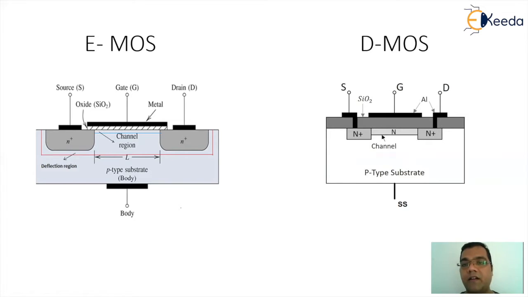And because of the SiO2 layer, we are having very high input impedance at the input terminal of the device. When you try to compare the D MOSFET with the E MOSFET, the structural representation is almost the same. With a small change in the structure, the channel will be absent. So we do have the channel region, but we don't have the physical existence of the channel in enhancement type. So in the enhancement type, the channel has to be created, then only the device will operate. So that's a basic difference between the EMOS and the DMOS.